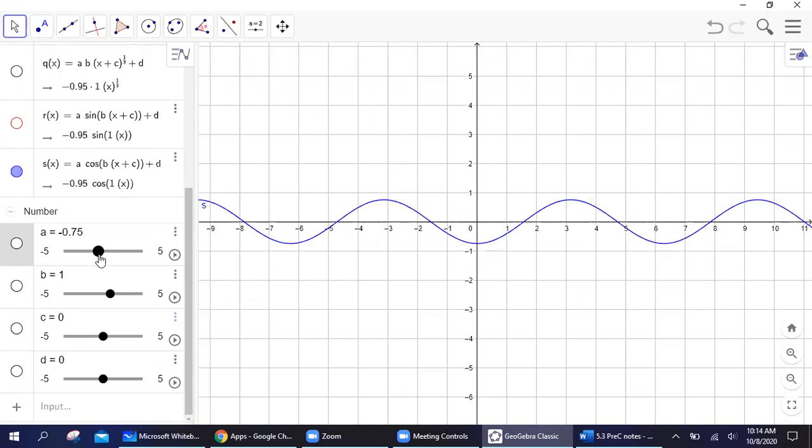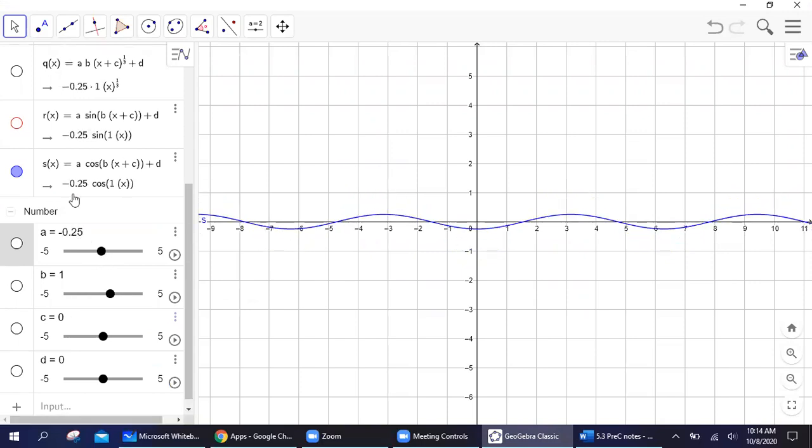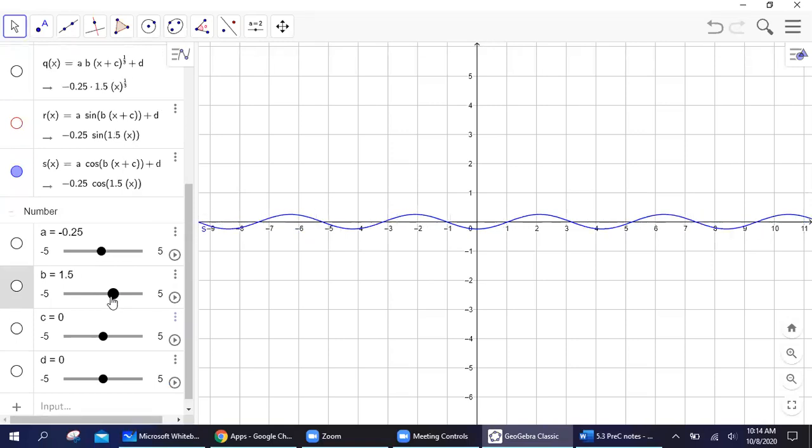My A number was -1/4, so -0.25. I can't get exactly pi over 4 on this, but pi over 4 is going to put me pretty close around here. Here's 8. I can see I get a tiny little wave that finishes its cycle